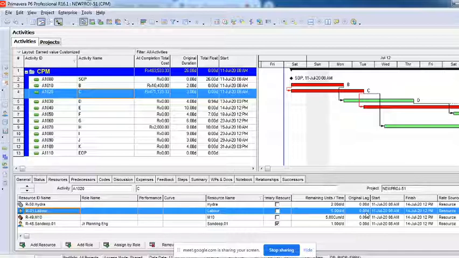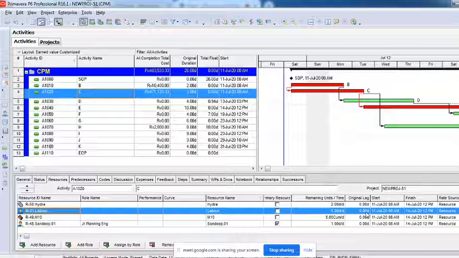But we also have to understand, what if we do not get so many laborers? What if we do not have so many laborers? There are always two things you have to remember. I will tell you the formula first, and then I'll tell you how it works. This formula is very simple. Units per time into duration is equal to work. And if anybody asks you what is work, work is nothing but units per time into duration.